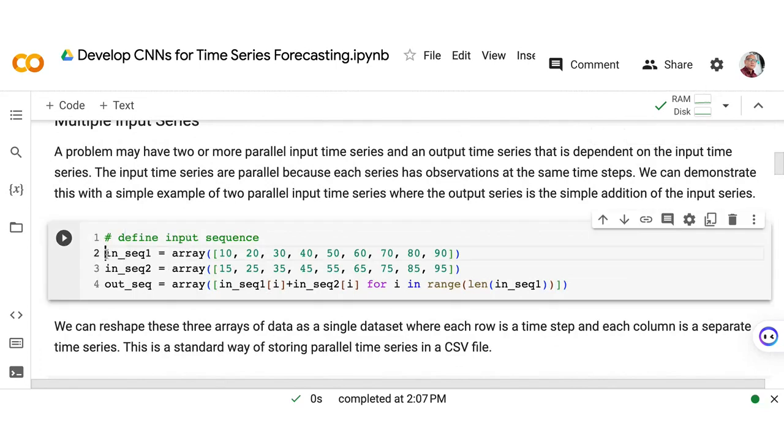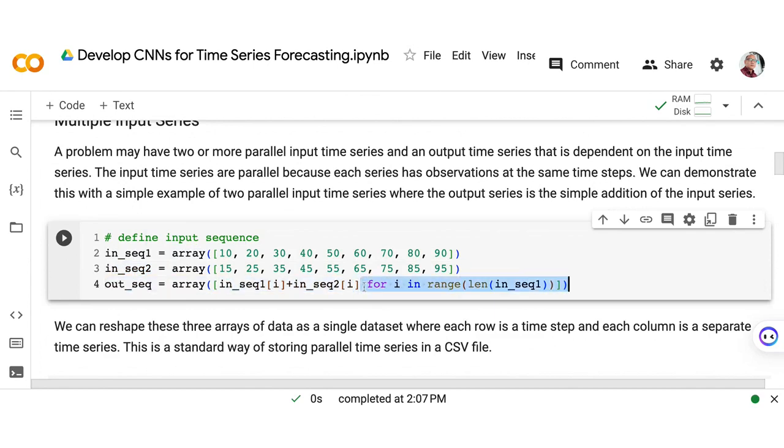So, perhaps we have input sequence number one. So, maybe this is the first column or the first feature. And input sequence two is our second column or second feature. We convert it into an array, and then we concatenate the two inputs that we have. No?